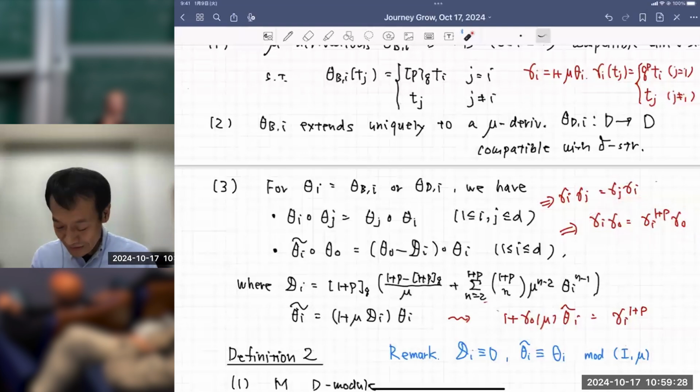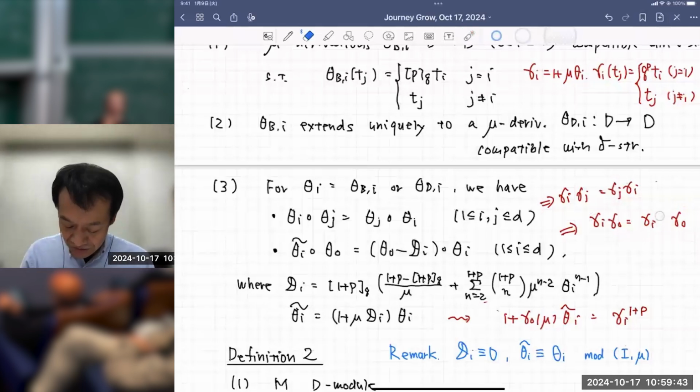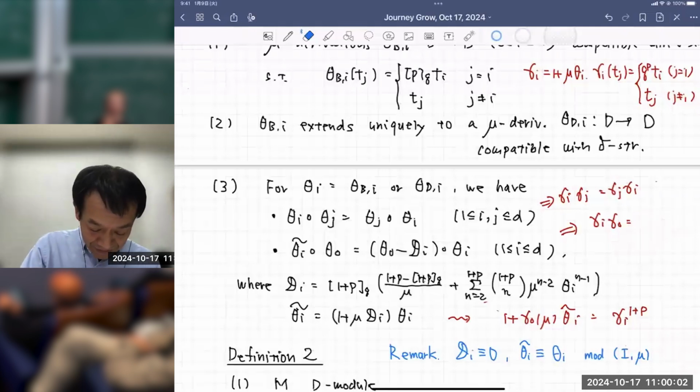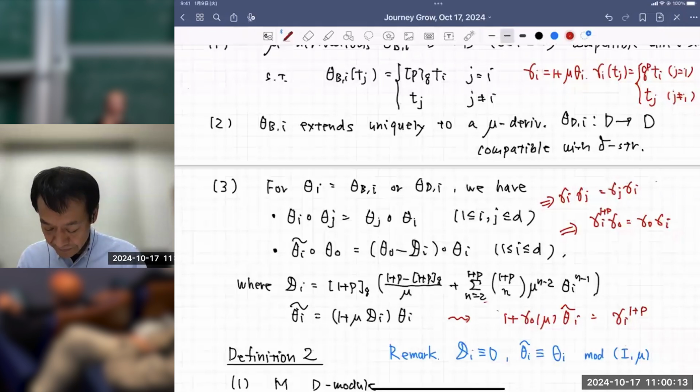So yeah, is this correct? So I may have made a mistake. Yeah, so I'm sorry. So this is wrong. So I understand. Gamma 0, i, and 1 plus p. Yes. So if gamma 0 is an automorphism, this is